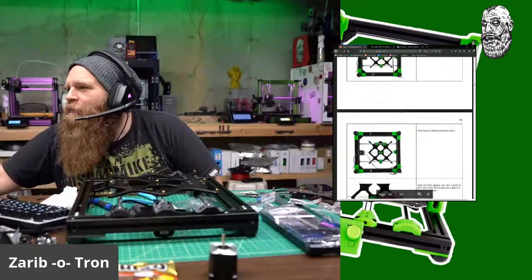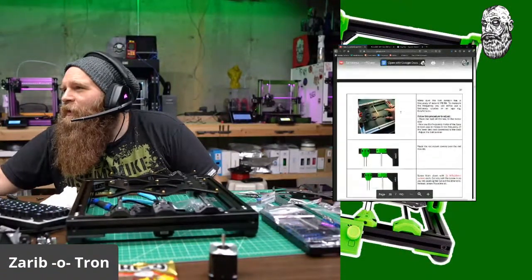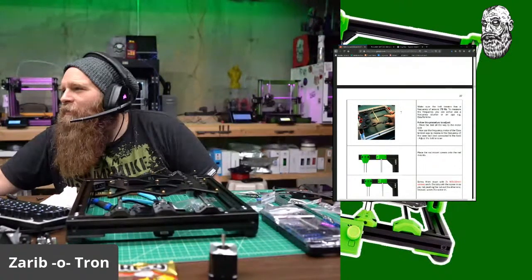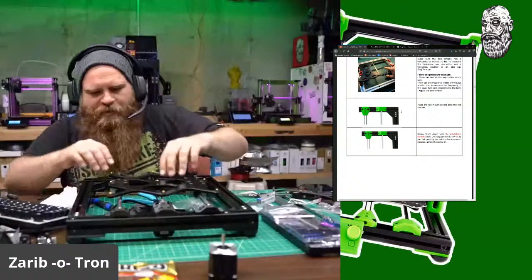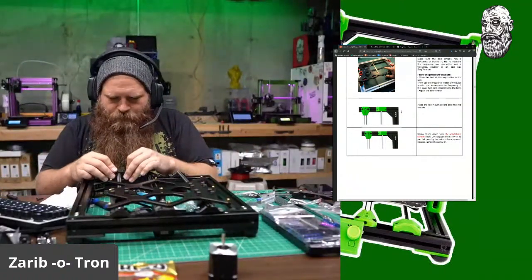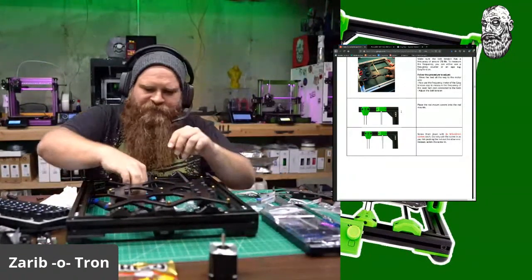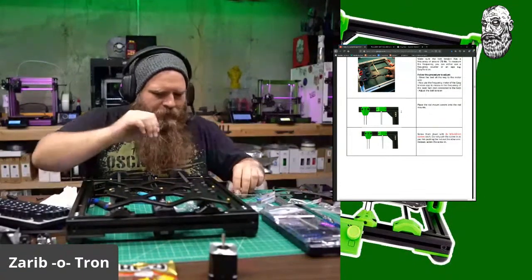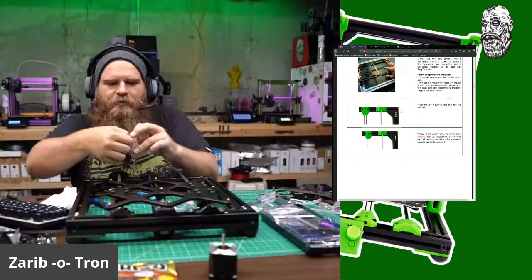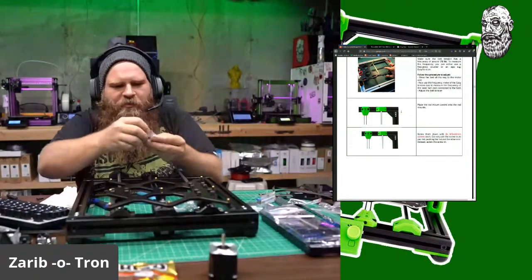Okay. That's done, that's done, that's done. That's done. What do we got here? I will do that later. Screw in with M310s. M310. Wow, that fits on perfectly. Okay. M310. So we're basically just putting these caps on to cover the rods so that way they don't come off,